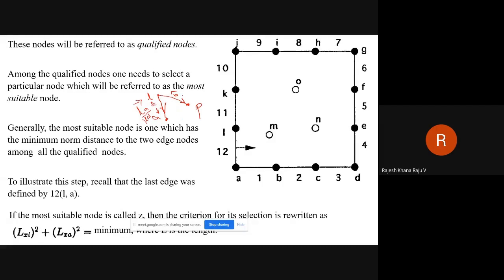So in this way you are getting two unit vectors A and B. Then if you go for a cross product, A cross B, if you are getting positive, then we say that this point P is to the left of your edge LA. If you are getting negative, then we say that this point P is to the right of your LA.